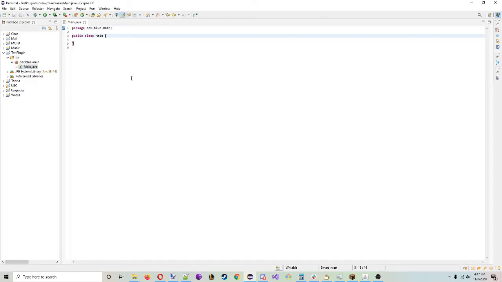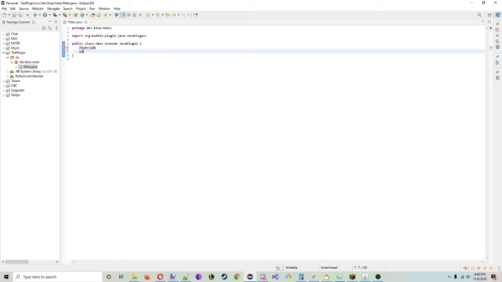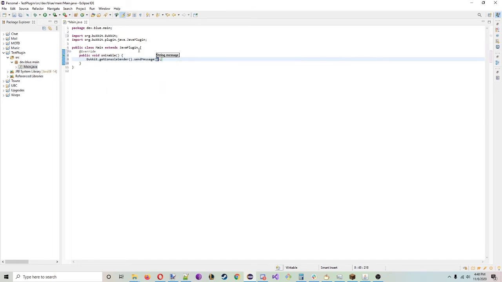Create a new class. I call it Main just so that it's easy to remember which one is your main class. It'll have to extend JavaPlugin, and make sure to import that. Oh, my typing is excellent. There we go. Now you can import it. Alright, so your first method is going to override a default method, which will be public void onEnable. And just do Bukkit.getConsoleSender().sendMessage, test plugin